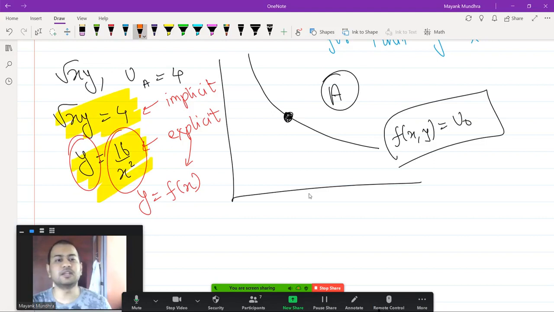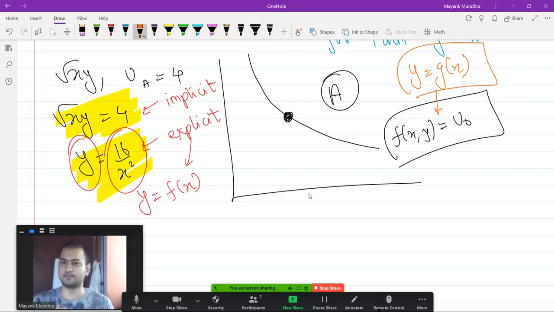So suppose I am saying that y equals g of x is the explicit form of this same equation. Okay, so the same equation can be written in many formats. Alright, so if you write x plus y equals 10, this is implicit form. If you write y equals 10 minus x, this becomes explicit form. So the same equation can be rearranged to be represented as both an implicit or an explicit form. Okay. The explicit form is unique, but implicit forms could be many.